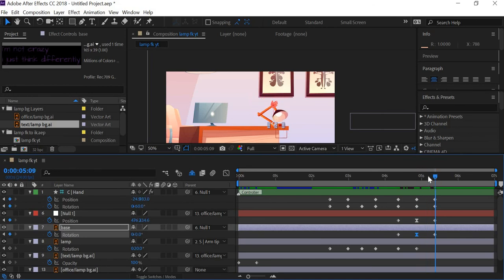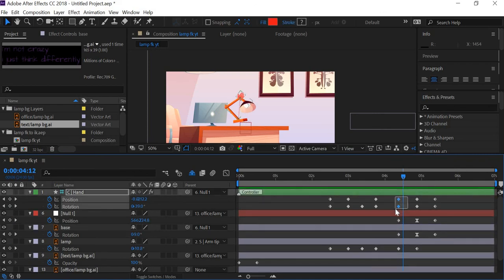Okay, so now what we need is, here we need to make this believable. So I'm going to play this animation. Okay, so the lamp needs to react to the jump. So what we will do here is when the lamp is moving, we'll move these two keys. Okay, and we can also add easy ease here. Alright, so these two keys will go back. Okay, so the lamp will react and then jump,